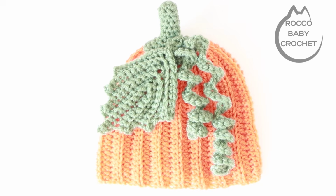And I think they look gorgeous, they're so cute, especially with Halloween coming up. I really do hope you've enjoyed this tutorial, and if you do make one of these hats